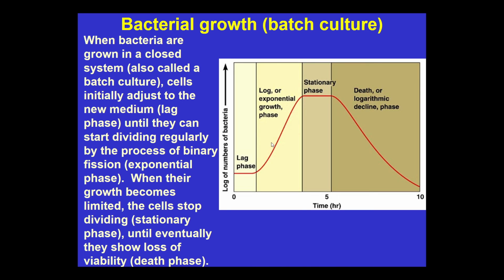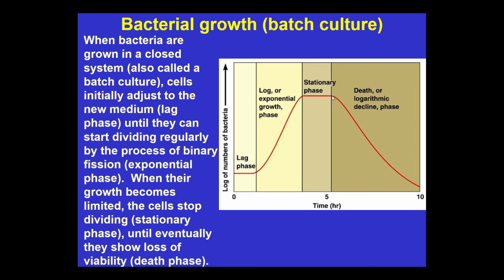Then, logarithmic or exponential growth phase, when the cells, enlarged in size, start quickly dividing. Then it reaches the stationary phase where the number of bacteria won't change so much. Bacteria continue dividing, but also some start dying. So that's why the number of bacteria will stay